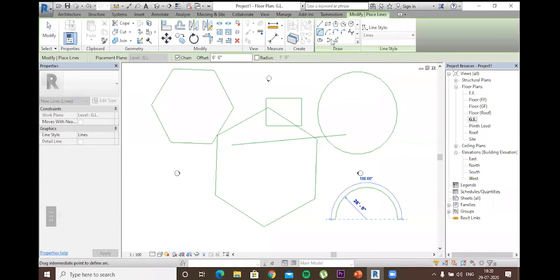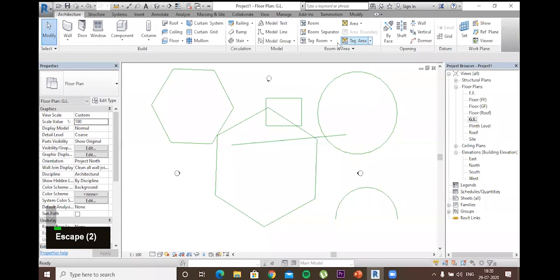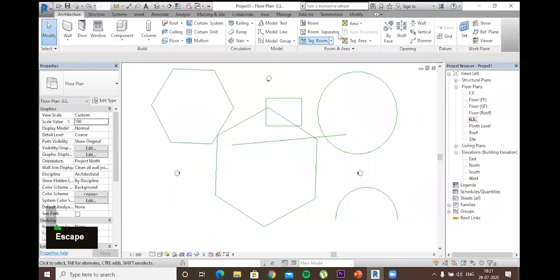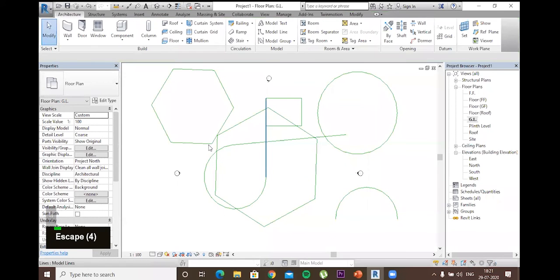We have this another 2-point arc option, in which we have to select 2 points and then we can create an arc as a radius of those 2 points. Then this type of arc is most used. This creates the arc between 2 points, and this is another type of arc which we might be using. It creates a curved boundary of that point with another point. So this is how it joins one line to another through a curved surface.